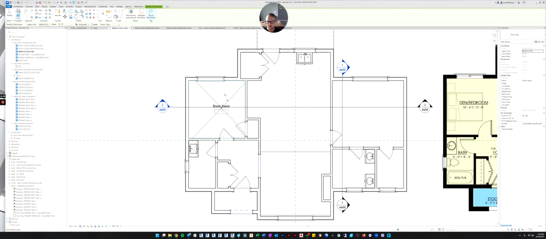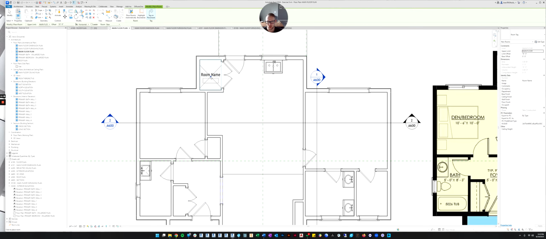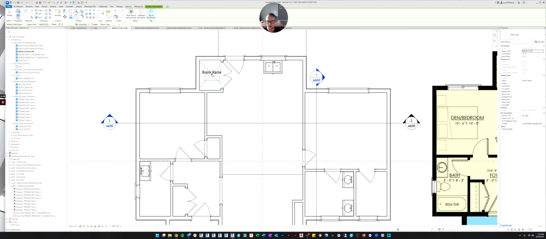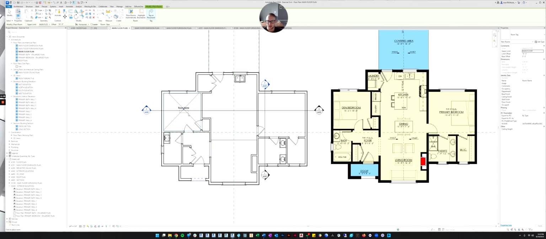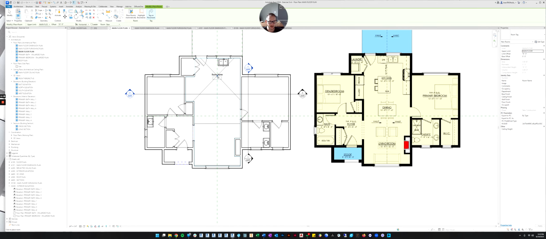And right now, if I hover over different parts of my model, it will try to show you in light blue. See how there's a light blue border around the closet? It'll try to show you where it thinks rooms should be. But see how this room, that's the dining, kitchen, and living room, see how it thinks it's one room? That's wrong. So we're going to have to fix that.